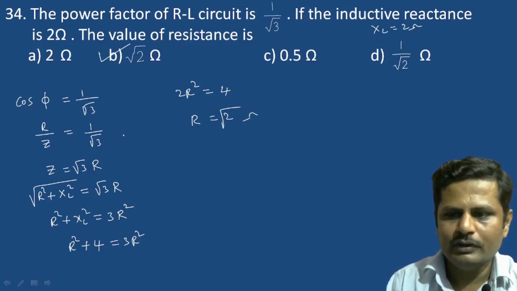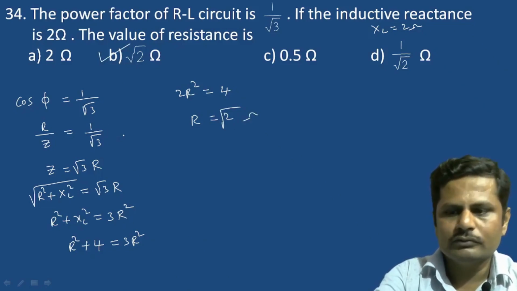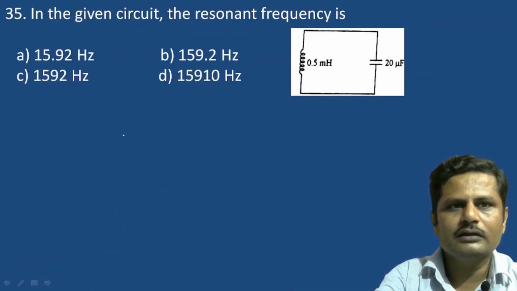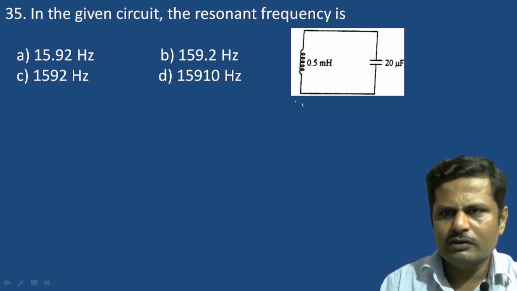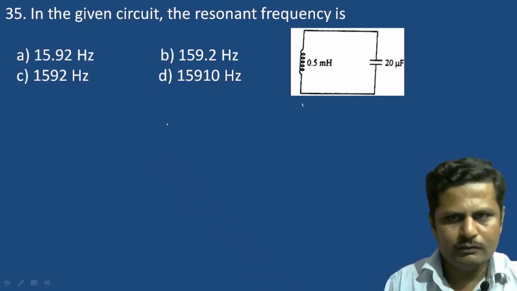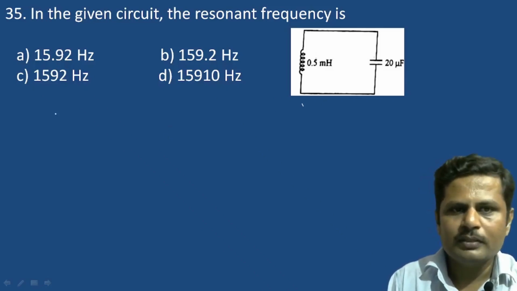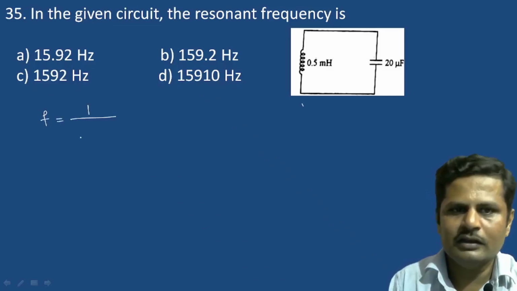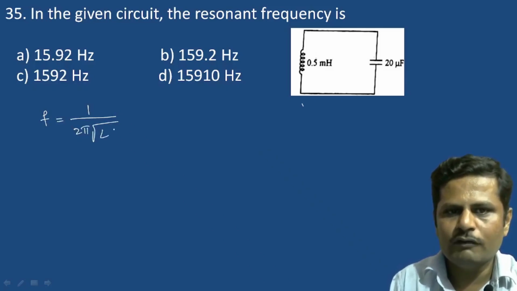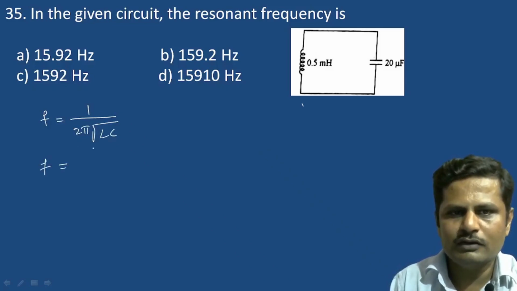Okay. Now we shall move to the next question. Here in the given circuit, the resonant frequency is... The given circuit is a tank circuit, or else an oscillator circuit, which consists of an inductor and a capacitor, which is producing oscillation. Therefore the frequency of the oscillation is given by the expression f equals 1 by 2 pi root of LC. So on substituting the values, that is 1 by 2, and pi value is 22 divided by 7, root, here L is